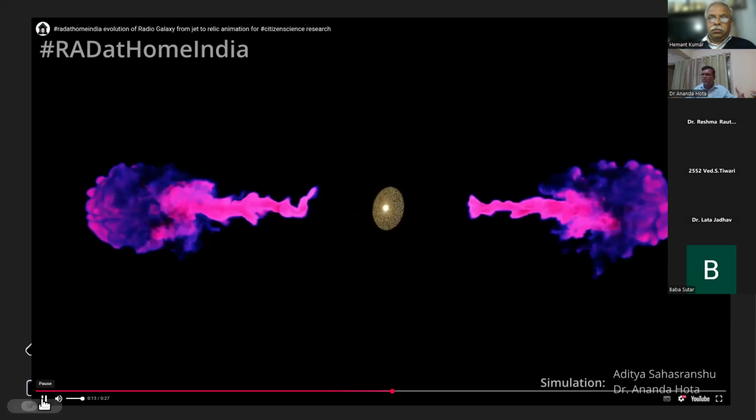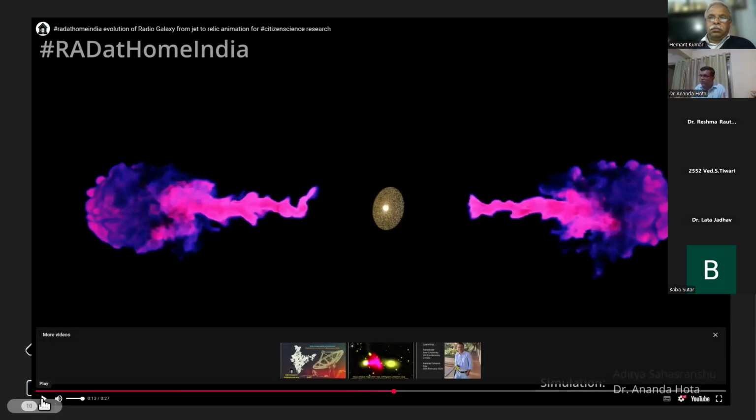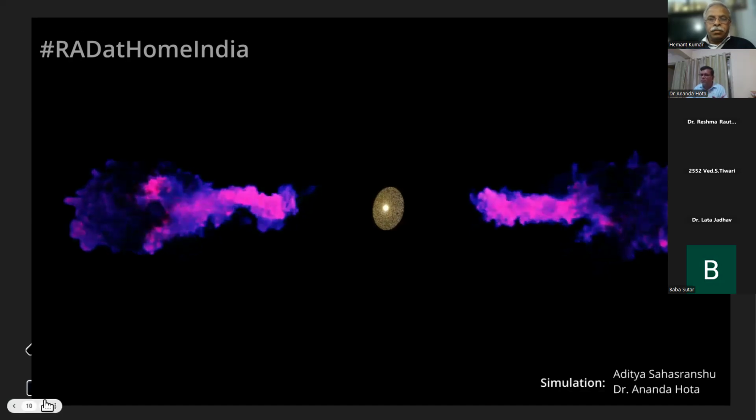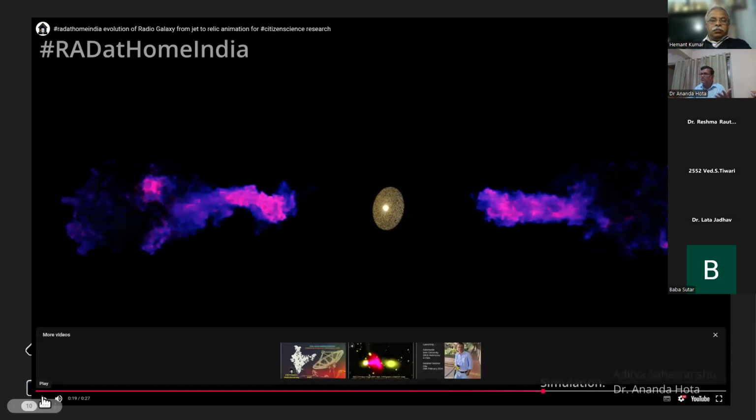At some point of time, the jet ejection process stops. When it stops, it just continues to diffuse in the space. When it diffuses, radio radiation continues, and it loses its energy. When it loses its energy, it almost vanishes. Telescopes cannot detect it. The pink color plasma that you see is visible only to radio telescopes, and the central galaxy is visible only to optical telescopes. Radio astronomers see the plasma part, which is called the lobe, and optical astronomers see the galaxy.